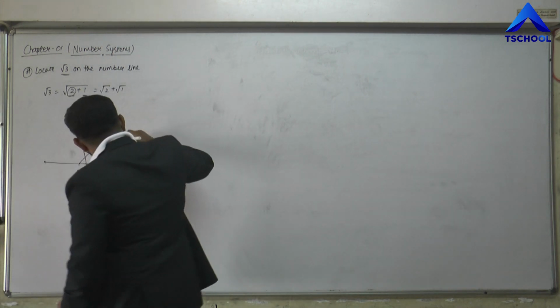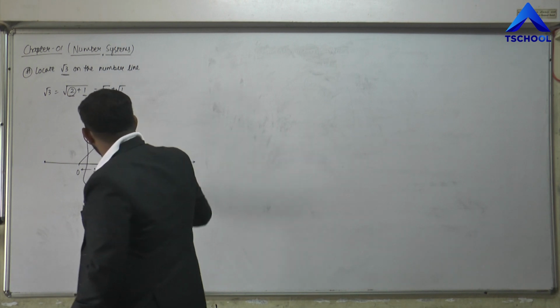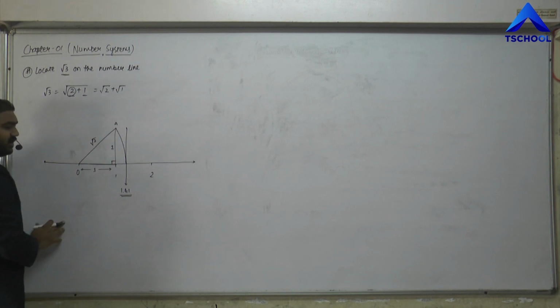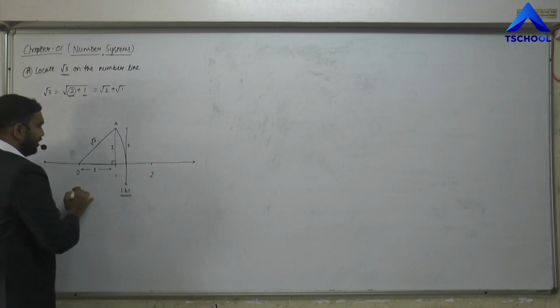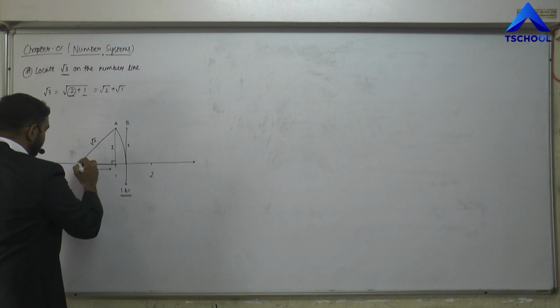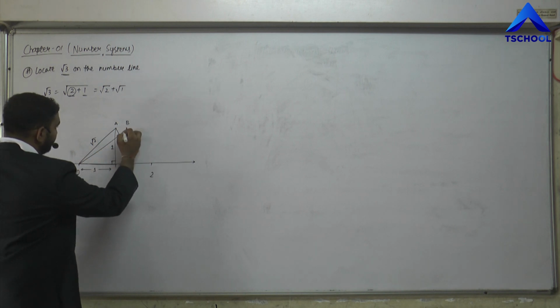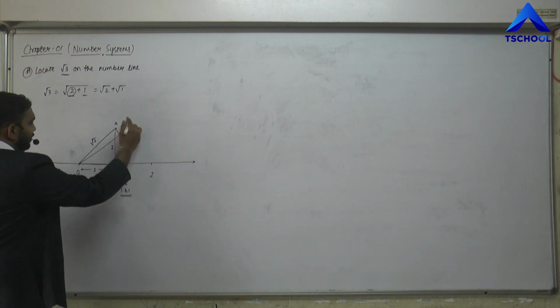Now I need to add again 1 on this. So what I'm going to do next is draw another vertical line of the same 1 unit that I have drawn here at 1. Right. So again this is of 1 unit. Following the same step, I shall connect this B point to the 0. So I get a point here somewhat like this, right? That is my point B of the perpendicular line.